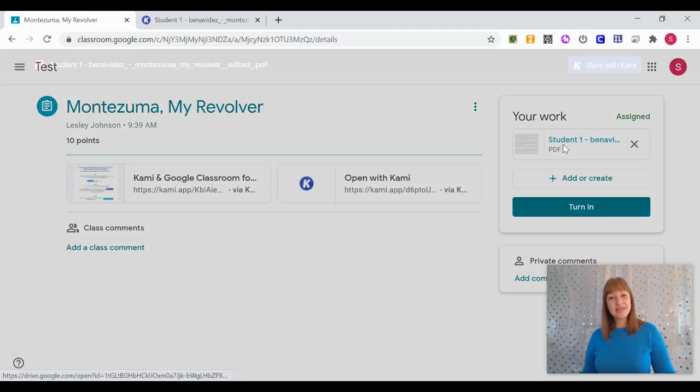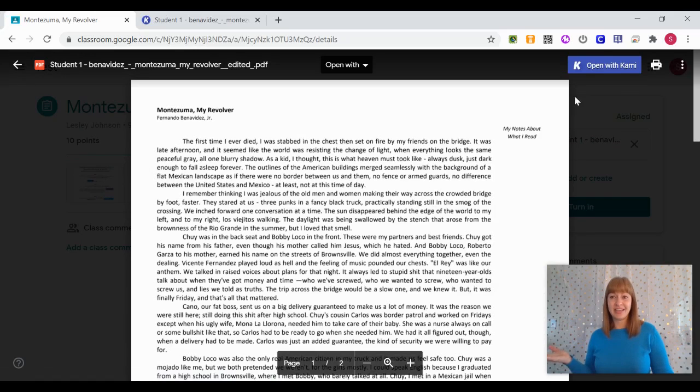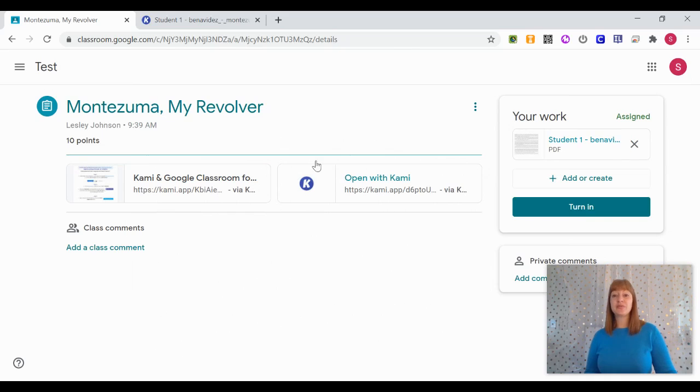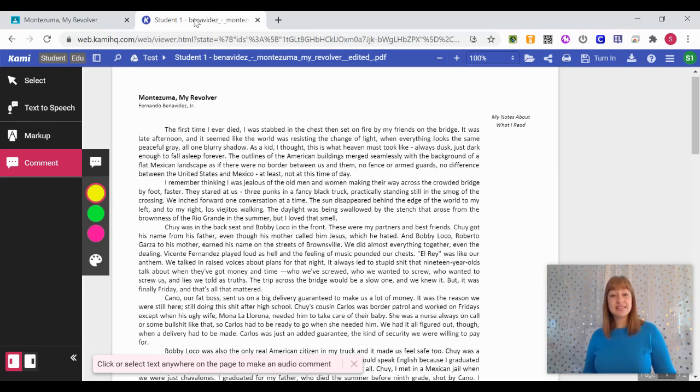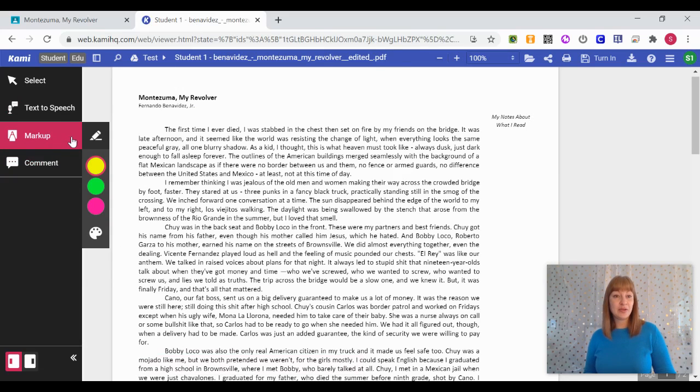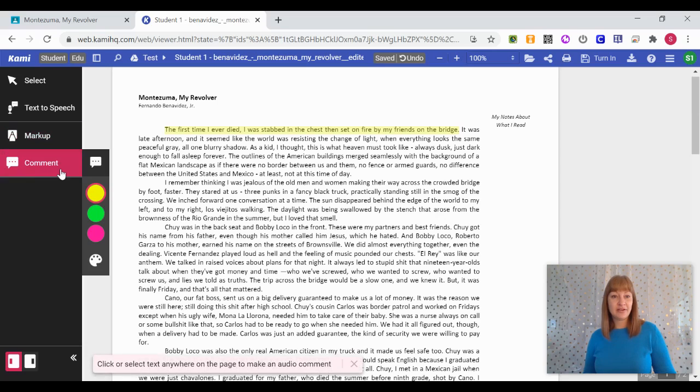Now, if I were to click the PDF, that's what this looks like, and then I have to click that open with Kami. So I do think as the teacher, it's great to leave that option to open with Kami. Now, as the student, I can come over here and I'm going to mark up. I want to highlight maybe just that first sentence, and I'm going to leave a comment, a text comment right